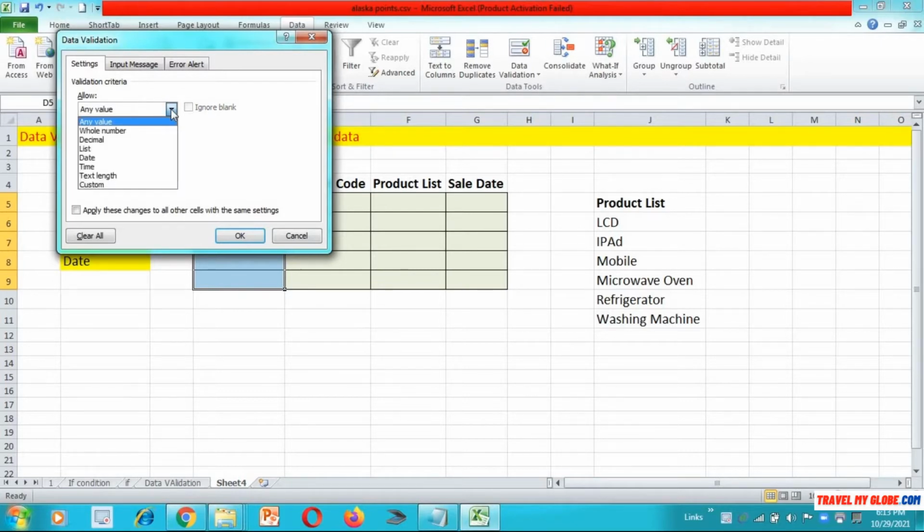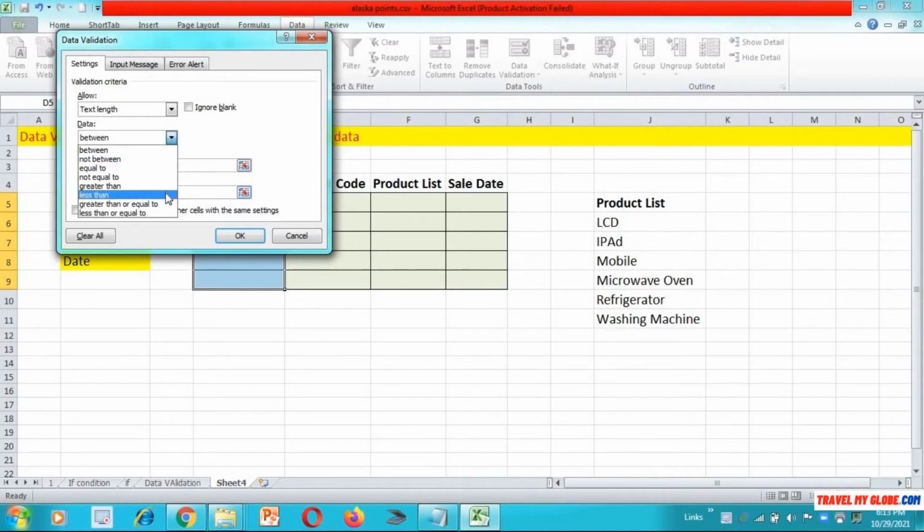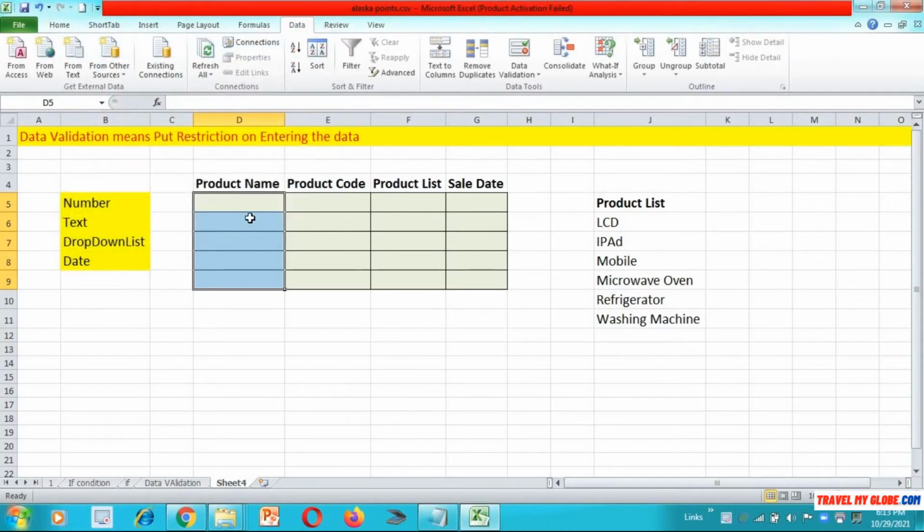Right now I want this column to take only text values and the length should be between 1 and 5 characters. So I'm just simply giving this value. I'm setting this validation criteria on my column. You may select any of the options whichever you want, like between, not between, equal to, whatever. Okay, so this validation I have set in this column.